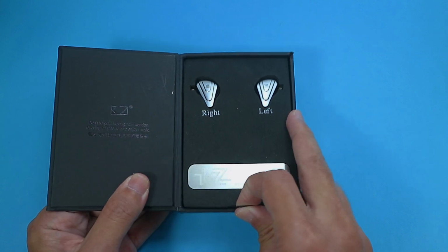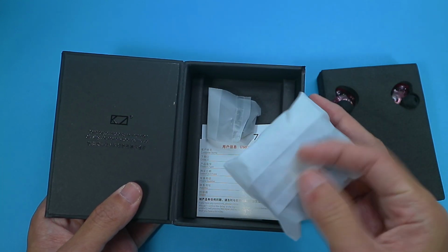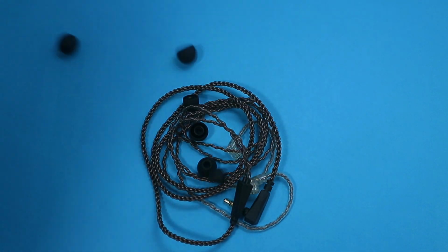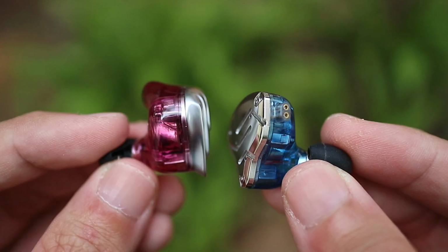Inside the box, I was hoping for a slightly nicer cable or just an extra pair of foam tips since this is a little more expensive, but nope, still the same decent but easily tangled brown cable and the same silicone tips. In terms of design, other than a different metal plate on top, which is a zinc alloy by the way,